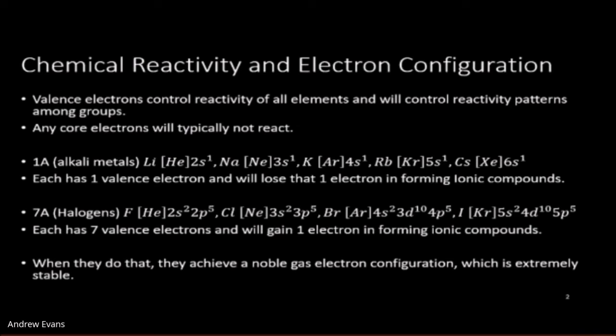The noble gas electron configuration is the s2p6 setup, where the magic number of 8 is achieved. That is one of those numbers we learned that we're going to try to get to. This is extremely stable, and it's why this often happens. If you were to look at transition metals, the magic number is 18 because you're adding those 10 d electrons. But we won't really worry so much about the transition metals.